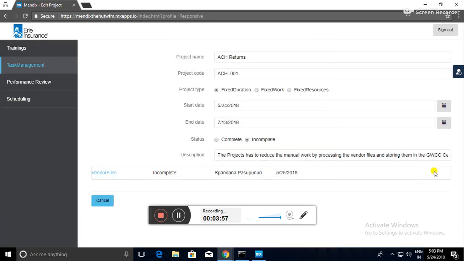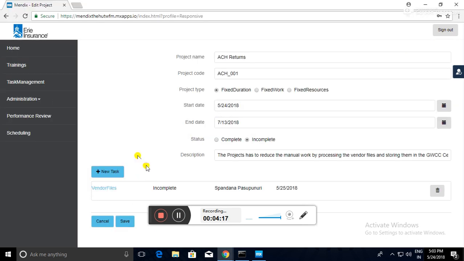Here we thought of implementing an option where we would have a checkbox. When a user completes this task, he will check that checkbox, and an email will be triggered to the manager's mail saying that this work was completed by him. So if we move back to the manager's login page,